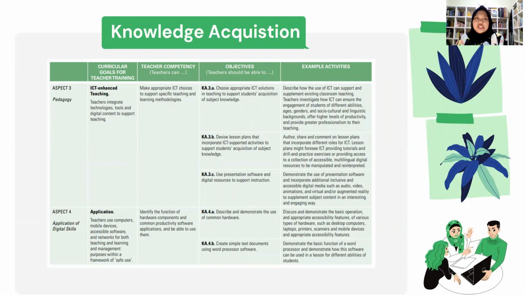Now we move on to the third aspect, which is pedagogy. In this aspect, there are 3 points of objectives. The first point is the teacher should be able to choose appropriate ICT solutions in teaching to support students' acquisition of subject knowledge by describing how the use of ICT can support and supplement existing classroom teaching. Teachers need to investigate how ICT can ensure the engagement of students of different abilities, ages, genders,